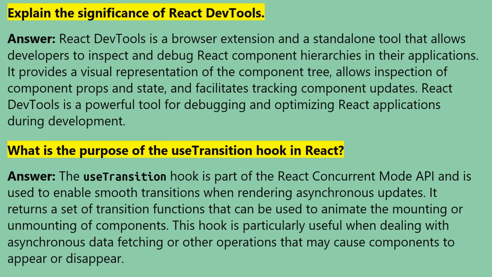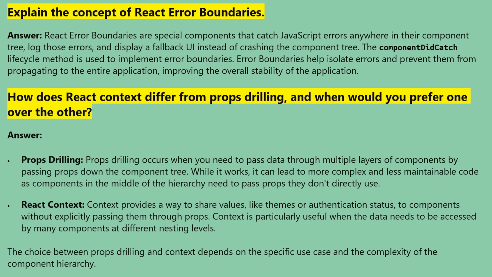to appear or disappear. Explain the concept of React error boundaries. Answer: React error boundaries are special components that catch JavaScript errors anywhere in their component tree, log those errors, and display a fallback UI instead of crashing the component tree. The componentDidCatch lifecycle method is used to implement error boundaries. Error boundaries help isolate errors and prevent them from propagating to the entire application, improving the overall stability of the